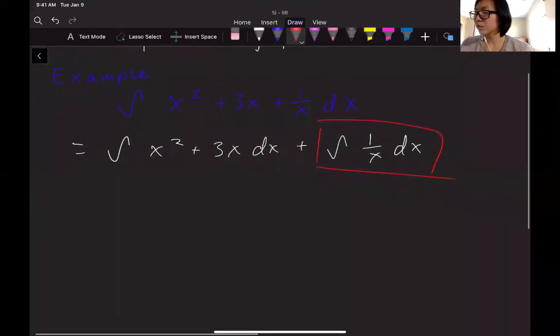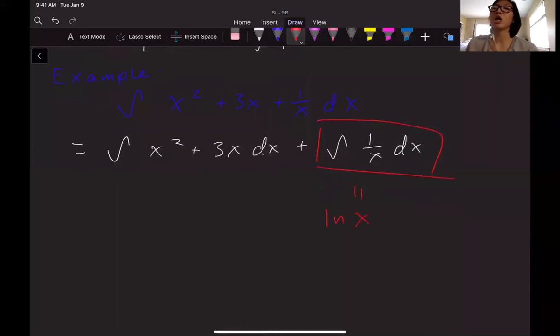That makes sense if you think of the antiderivative as the opposite, or the undoing, of the derivative, right? So since 1 over x is the derivative of the natural log of x, the natural log of x is the antiderivative of 1 over x, right? Okay, for